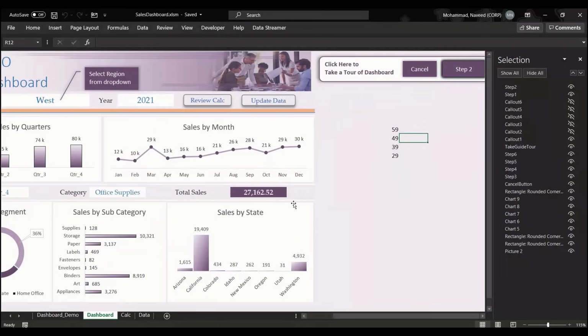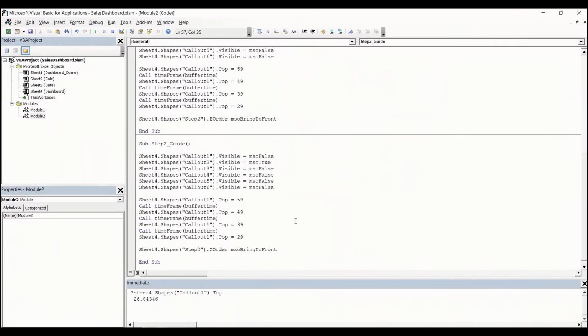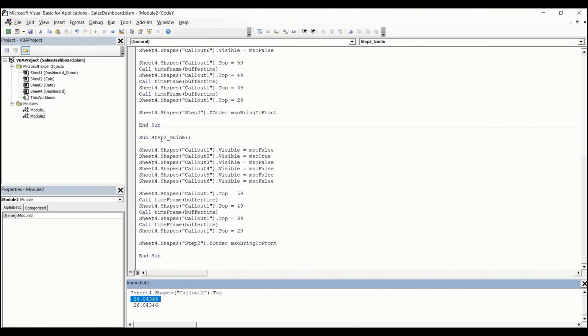Next we have to find out the position of this second callout, and that we can identify from this immediate window here, right? So let's rename this to callout 2 and press enter. You can see the position for this callout 2 is 26, right? Now for this callout 2 we'll give a top position of 29, right? So we'll give the same position that we have given for this callout 1, and this is our step 2